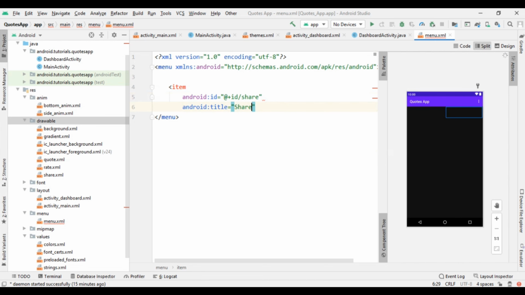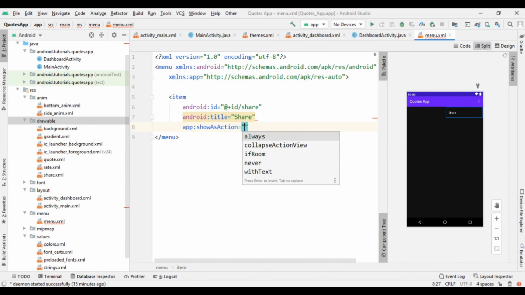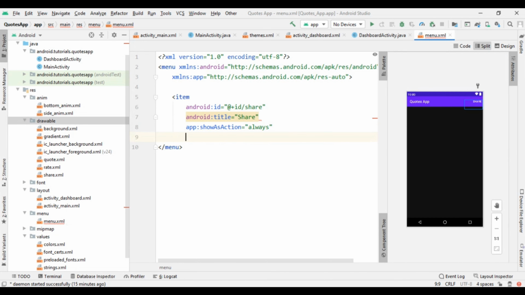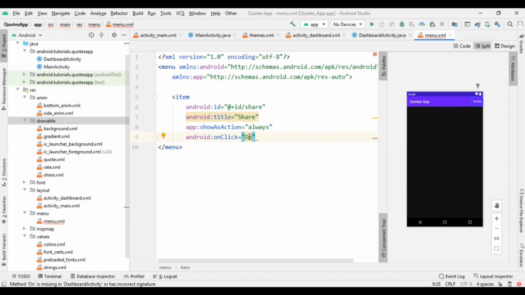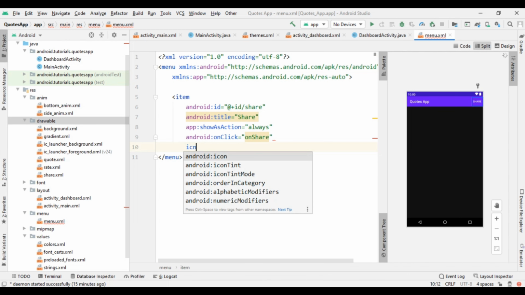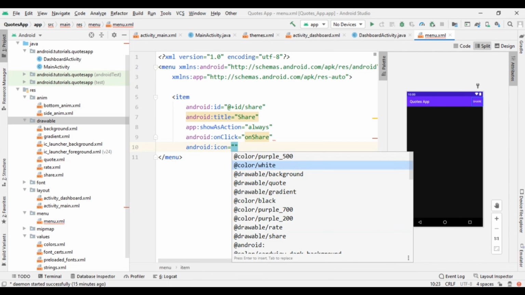Now share, then show as action to be always, on click. On share will be the method. So on share, and we have to set its icon. Icon will be share.